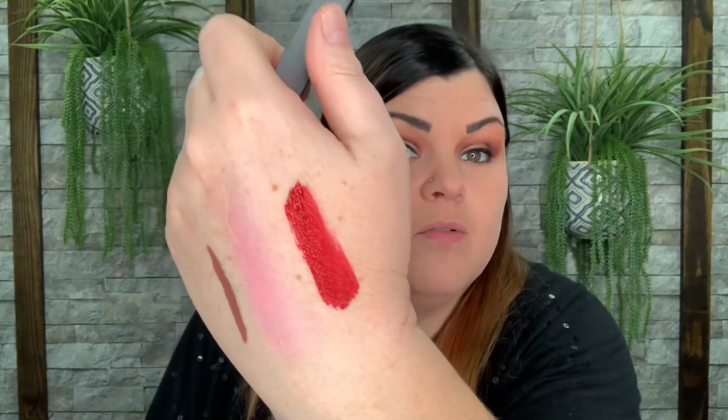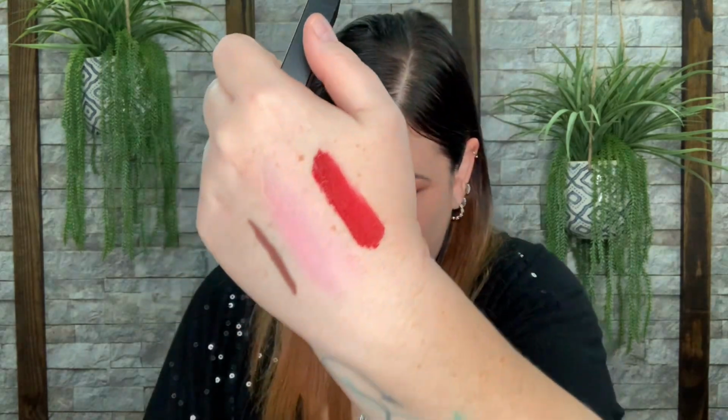Ooh, that's pretty packaging though. So it kind of has like this black ombre and it goes to a little color at the very end. And let's see what color this is. Oh, that is a red, like a red. So there is that color right there. It doesn't have a fragrance. I like when they smell really good, but this one doesn't. It's kind of like a thin